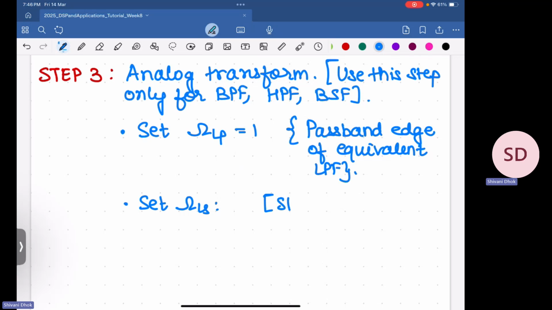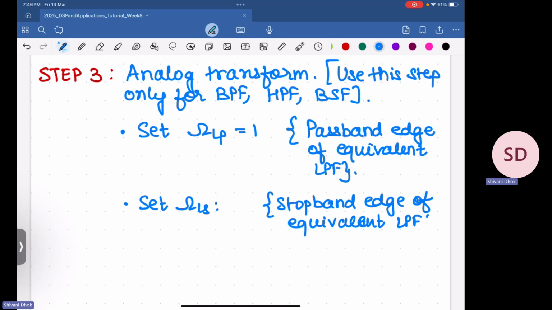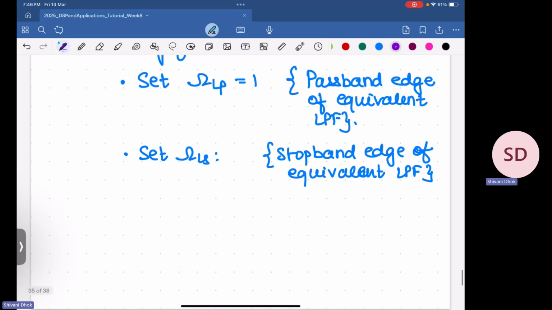This is the stop band edge of the equivalent low pass filter. So for a high pass filter, you set omega LS as minus of omega P by omega L,